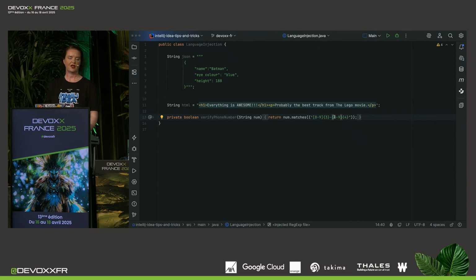Who likes to write regex? I saw you. There are always some of you. Anyway, for the rest of us,